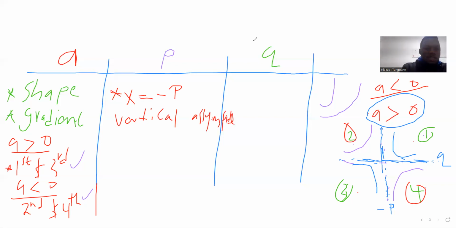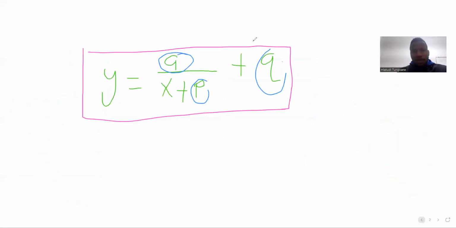Okay, it's a vertical asymptote. And then another thing that we mentioned about P is that if P in that equation is greater than 0, in other words, P is positive, your graph is going to shift slightly to the left, right? So let's assume A is positive. Suppose A is greater than 0, right? So which means we know that,